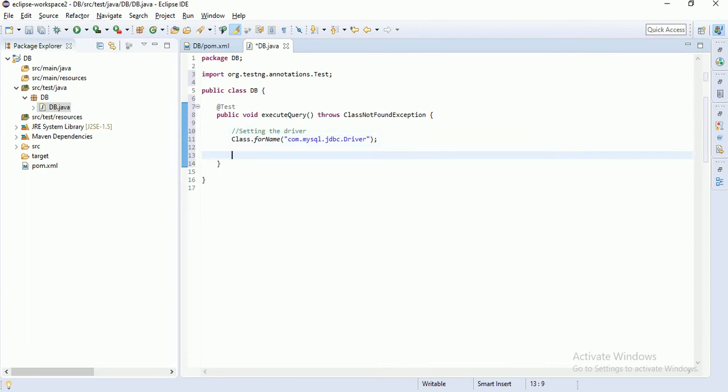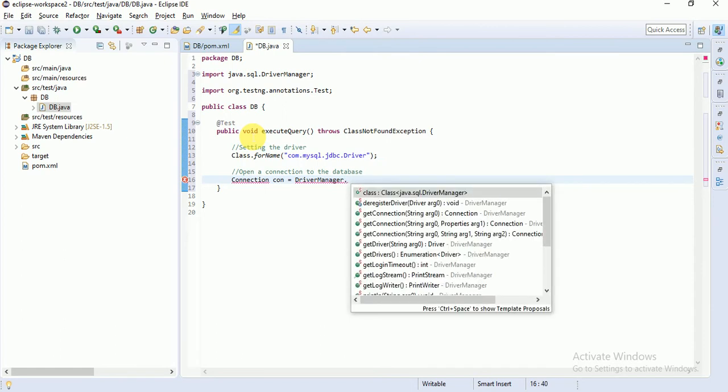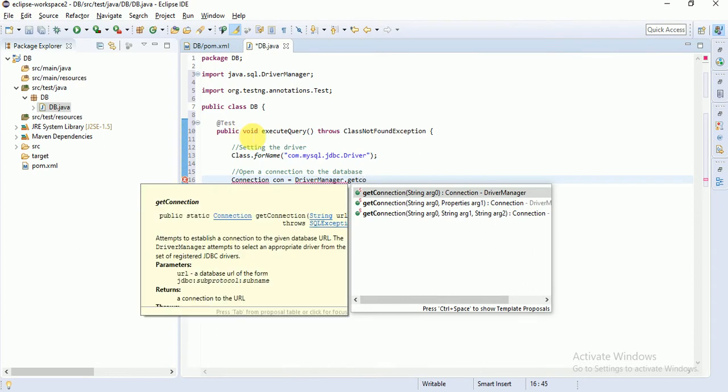The next statement we need to do, guys, is to open a connection to the database. How can we do that? Connection equal to DriverManager dot getConnection.